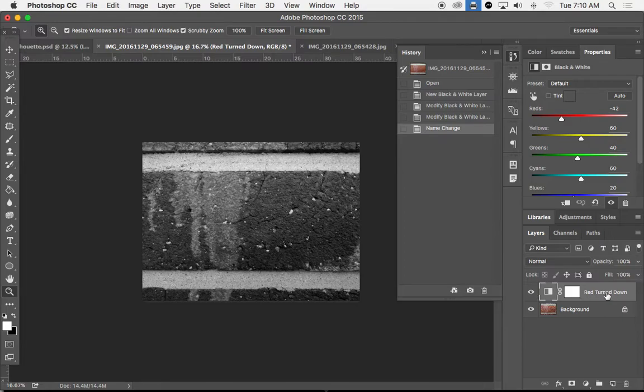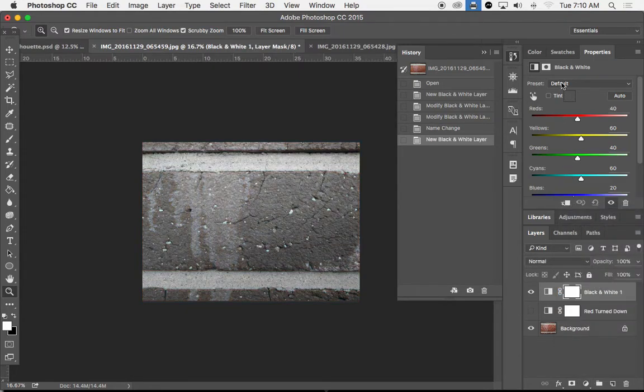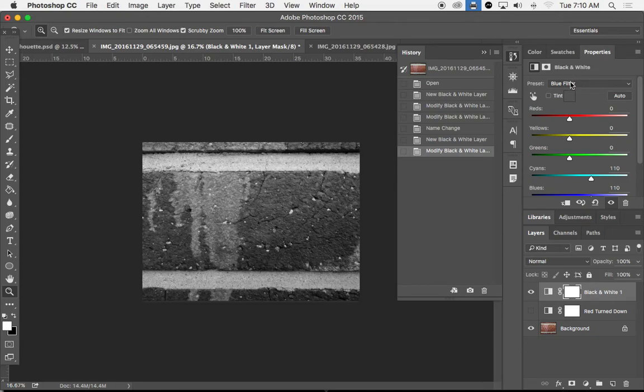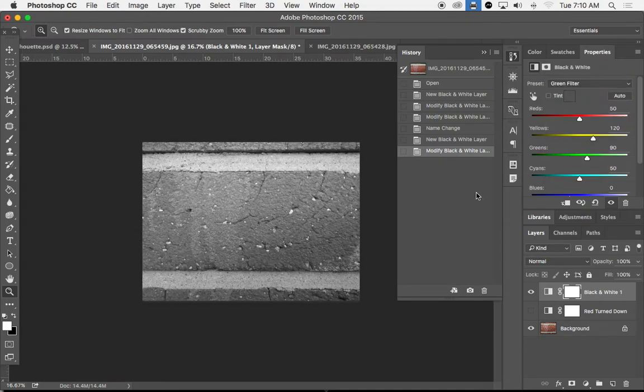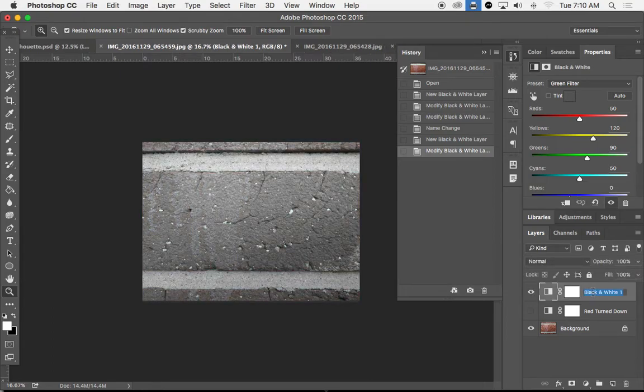So now I'm going to make a second black and white adjustment layer. I'll first turn this one off. Look under my little adjustment layer half moon, click on black and white, and I'm going to choose the green filter, or was it the blue filter? Green filter. Green filter seems to certainly lighten the red brick, so that's a nice contrast from my red turned down. I'll double click on this layer, call this green filter,